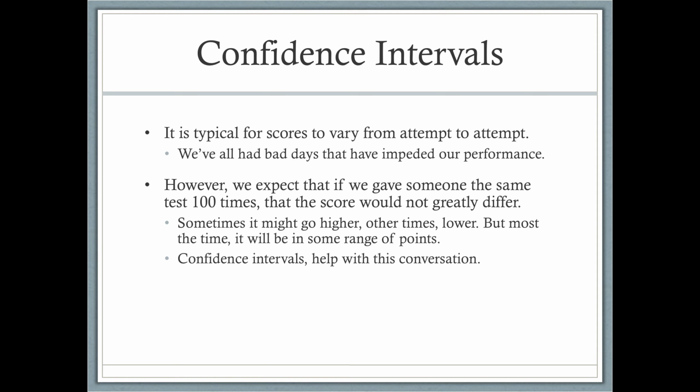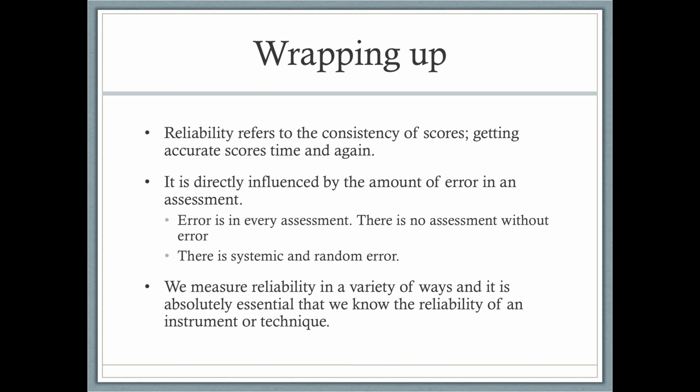But I do not think you are going to go from an 85 to a perfect score any more than I think you're going to go from an 85 to a complete 0 on the test, right? Instead, you might bump up to an 87 or an 88. You might bump down to an 83 or an 82, but this is your score. That type of random error has been accounted for by using the standard error of measure and the confidence intervals.